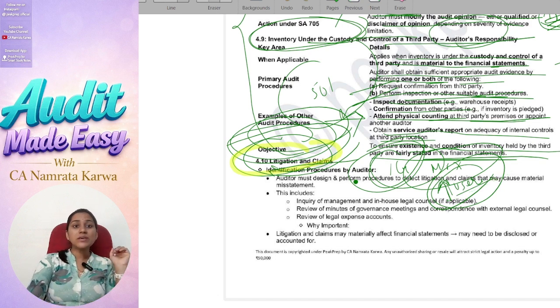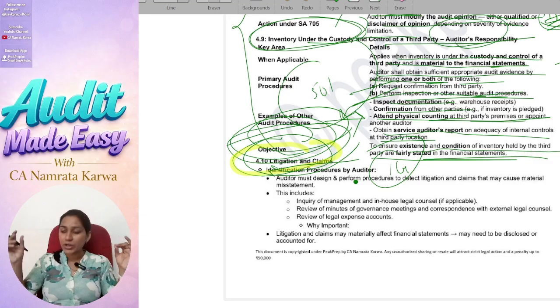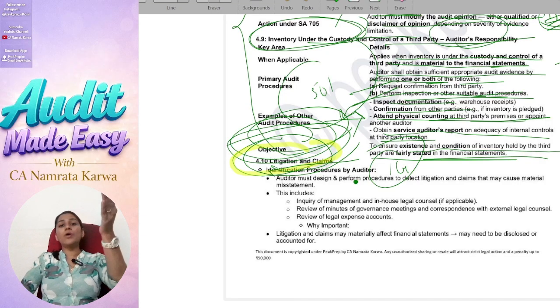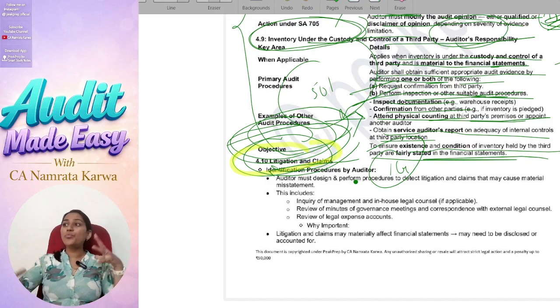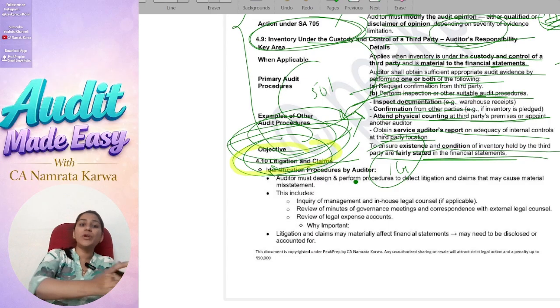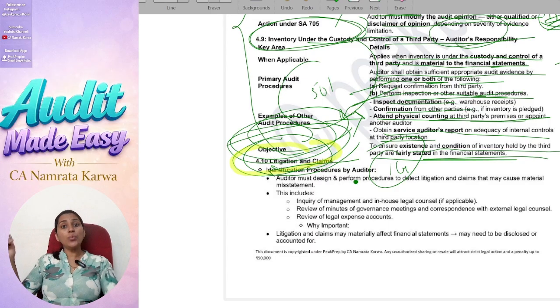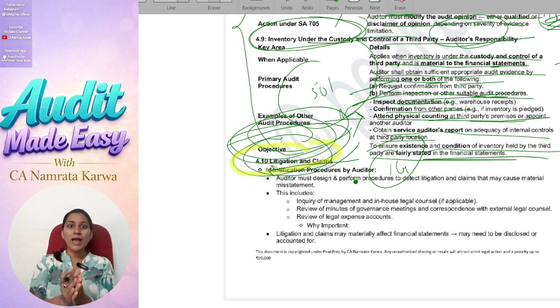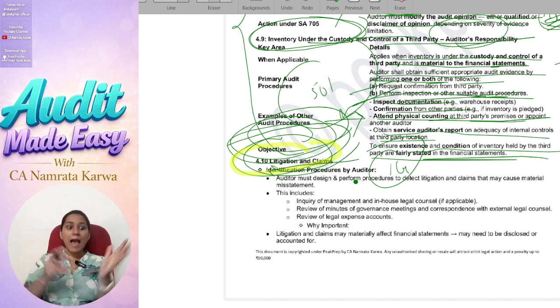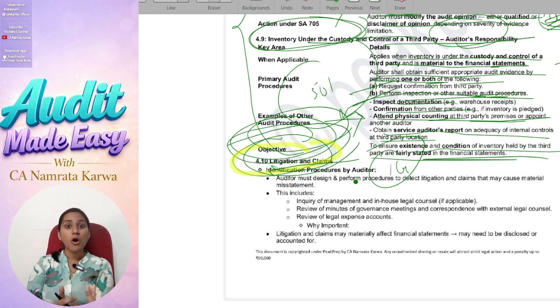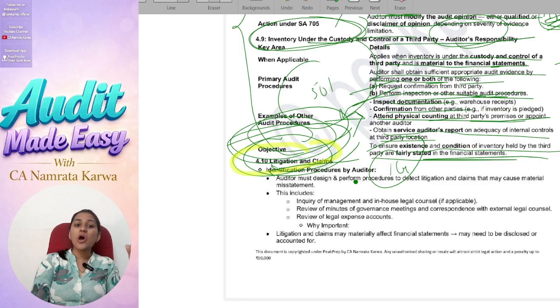Okay, so this is the overall background, and with this background we are going to study what exactly the auditor is going to do. Remember, you are an auditor and you are auditing a specific company on which you are going to look at the side of litigation and claims. With this context, study so that you can feel powerful and logical, that yes, I'm the auditor, I need to check such and such things. You'll start feeling responsible, and you can easily understand the topics which we have given over here.